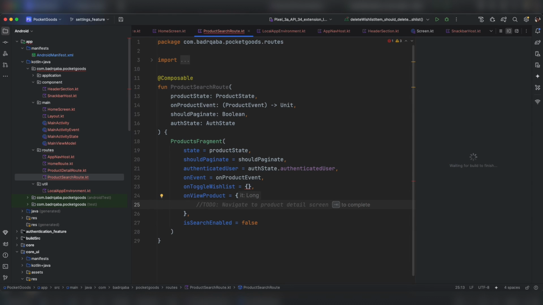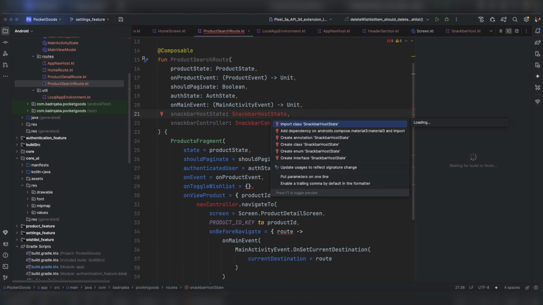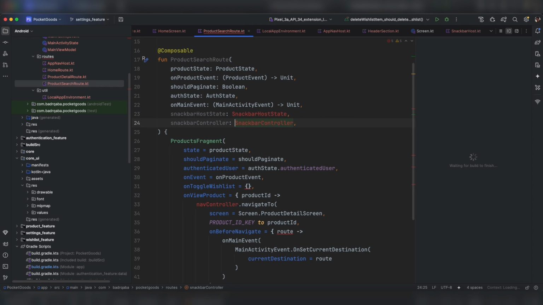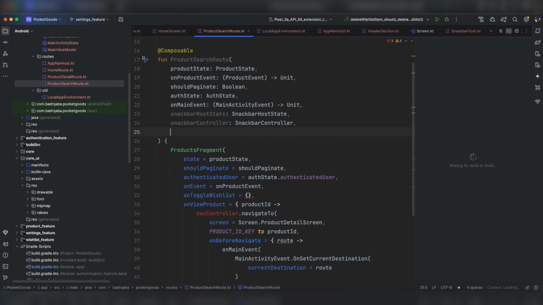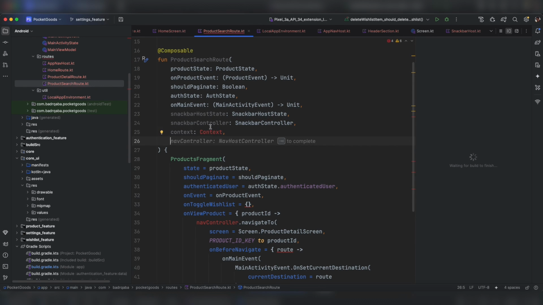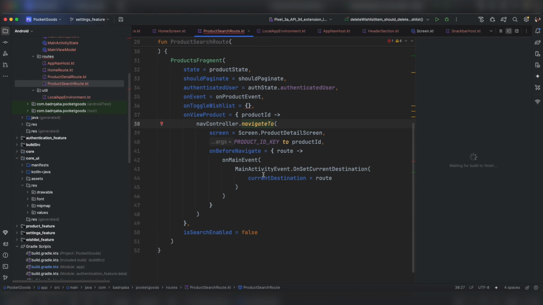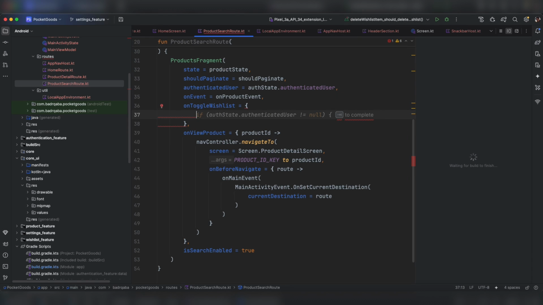Basically, on view products, we're going to navigate to the product detail screen, the same thing as we have done previously, so nothing new. The snack bar host state, as well as the snack bar controller, as well as the context to access the message, and the nav controller, or the nav host controller. Is search enable should be true, and we're going to do the same thing as we have done under the